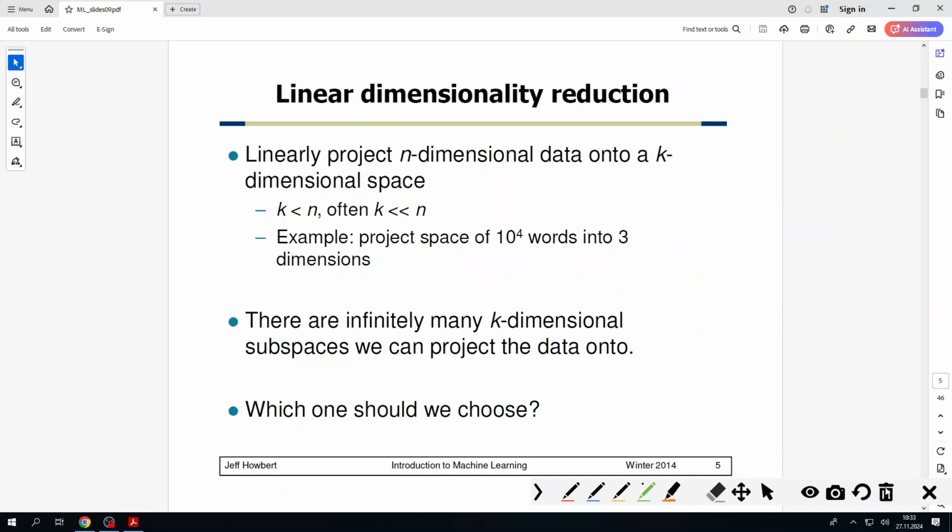Now, the problem is that there is also an infinitely large number of such k-dimensional subspaces. So which particular three dimensions should we choose, as there are almost infinite different options to choose from? How are we supposed to find the most suitable one, which preferably will preserve the structure and will not change the accuracy of your prediction, and so on? So how exactly are we supposed to understand that? There are multiple algorithms for that, which we will cover today,